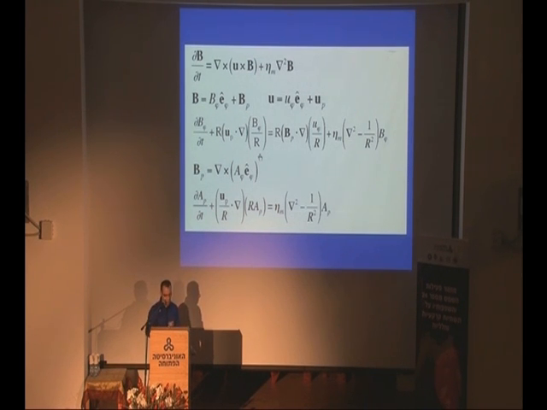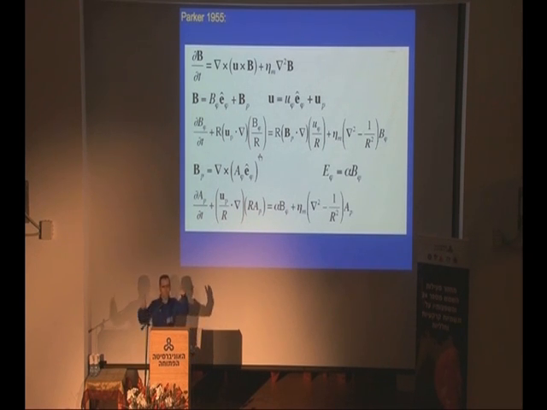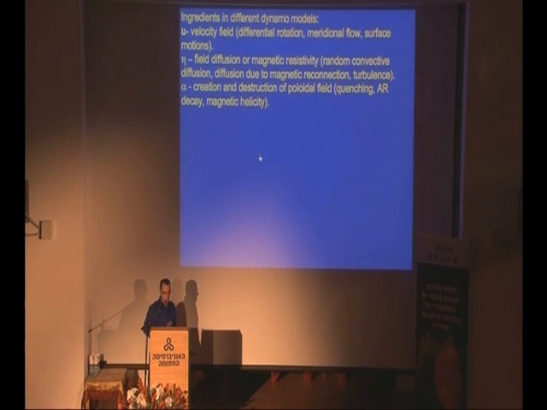And then Parker in 1955, Gene Parker, is a smart guy who discovered the solar wind and did a lot of interesting things. He was the one who suggested this Coriolis force twisting of the flux tubes, so we can get a poloidal field from a toroidal field. Mathematically it's described using this term, and you can see there's this alpha here, which is essentially just a parameter. I'll get back to this alpha in a second when I talk about the ingredients we have in